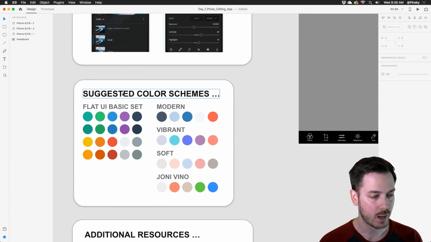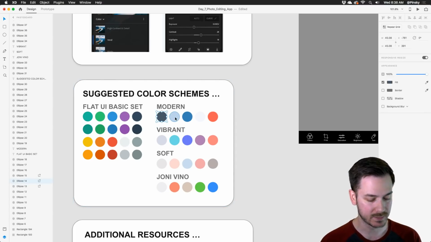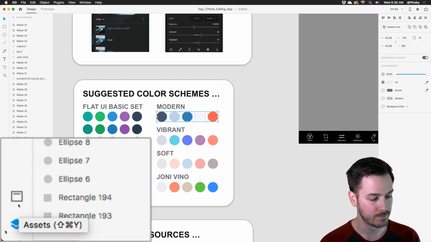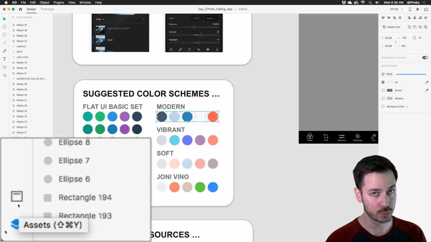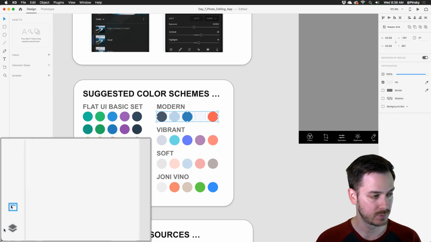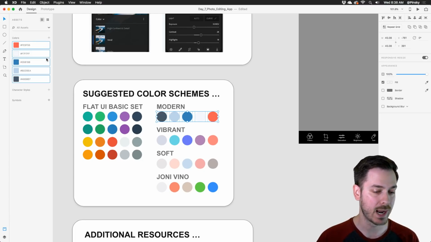Love it. Also some color schemes. If any of these really stick out to you, you can actually add these very quickly to your assets panel. I'm going to select all of these colors. I'm going to hold down my shift key and just click on all of these. Hop over to my assets panel, which is down here at the bottom, this little icon right here. You can also use the Command or Control Shift Y shortcut, and you go to your assets panel. And if I press the plus button beside colors, it's going to automatically add all those selected colors to my